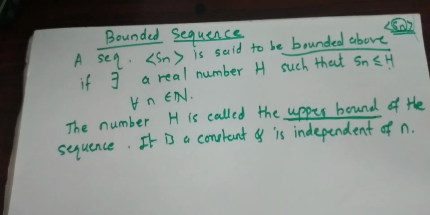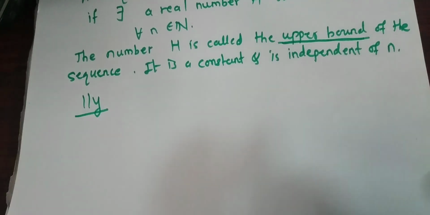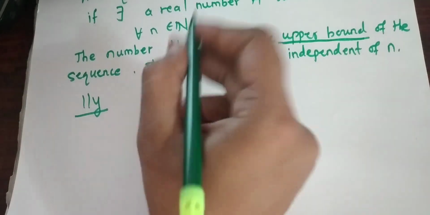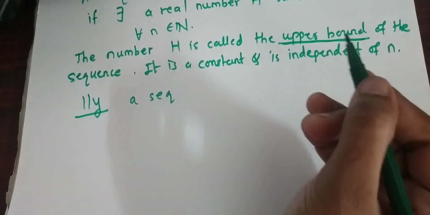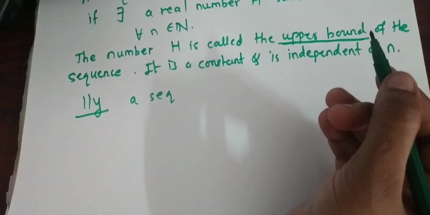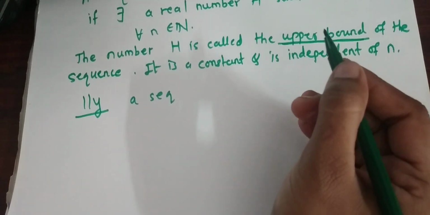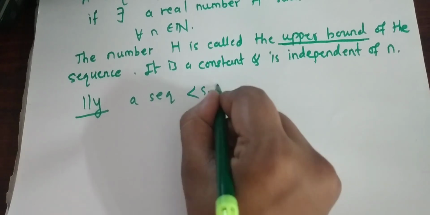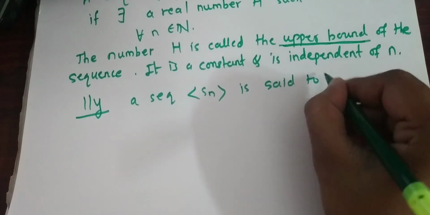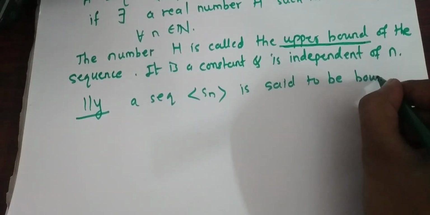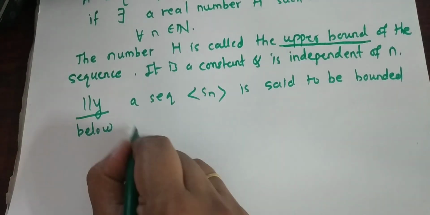ठीक आहे. अजून नेक्स्ट डेफिनेशन काय आहे, सिमिलरली वी कॅन डिफाईन बाउंडेड बिलो सिक्वेन्स. आपण भरपूर एक्झाम्पल बघणार आहोत बाउंडेड सिक्वेन्सचे, म्हणजे बाउंडेड बिलो सिक्वेन्स, बाउंडेड अबाव सिक्वेन्स, अनबाउंडेड सिक्वेन्स. A sequence Sn is said to be bounded below if